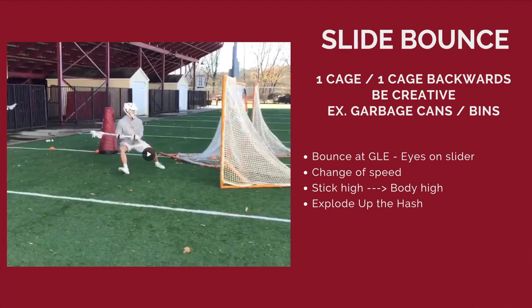The reason why I like to use the cage, it's a great representation of how far you have to bounce to make it seem like you're going to feed. And it's a perfect angle to then get back up the hash for a shot. Of course, you can use cones for this, but if you want to have something that you're actually trying to get around and bounce around like the cage, you can use garbage cans or bins, anything really that creates a block from you going and turning the corner that you have to bounce, right,